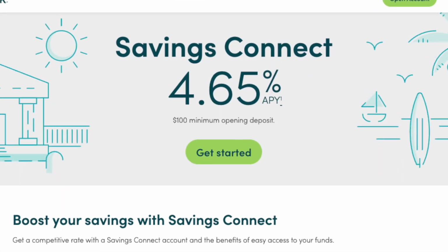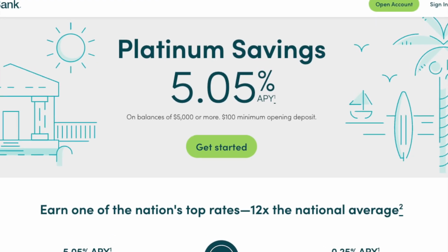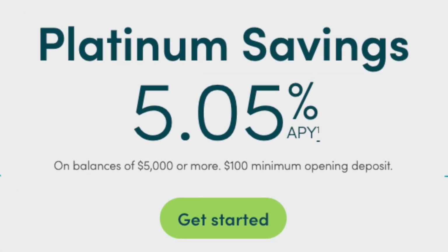Number 14 and number 15 are going to be with one financial institution, and that's going to be CIT Bank. Now, these two high yield savings accounts that CIT Bank currently offers have no monthly maintenance fees, but they do have a $100 minimum deposit. We're talking about the Savings Connect, currently offering a 4.65% APY, and the Platinum Savings Account offering a 5.05% APY, with a caveat. In order to get that 5.05% APY, you have to maintain a balance of $5,000 or more,